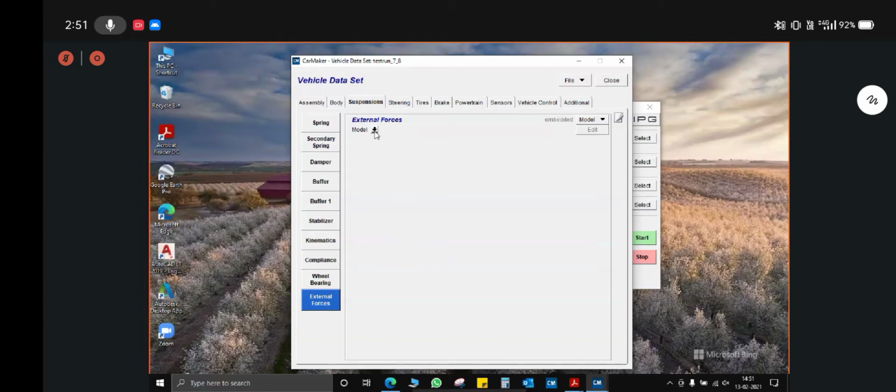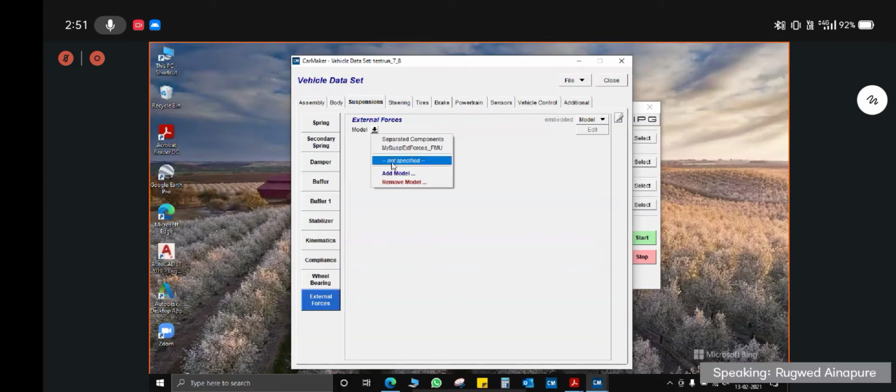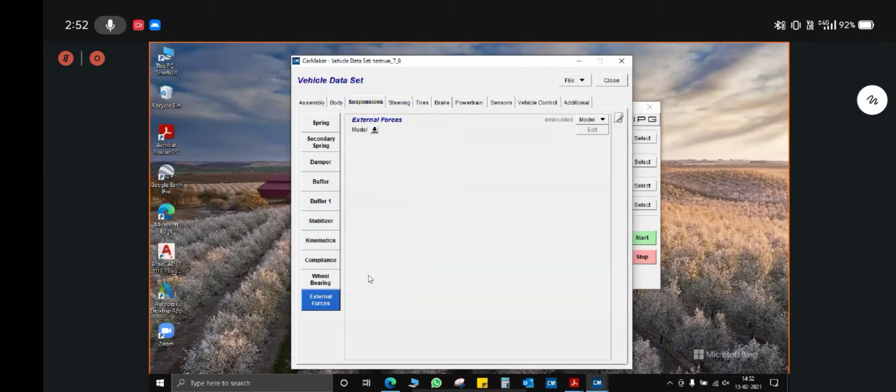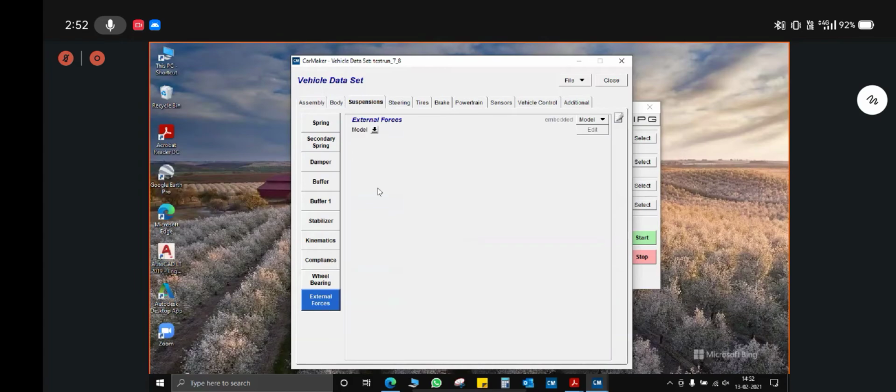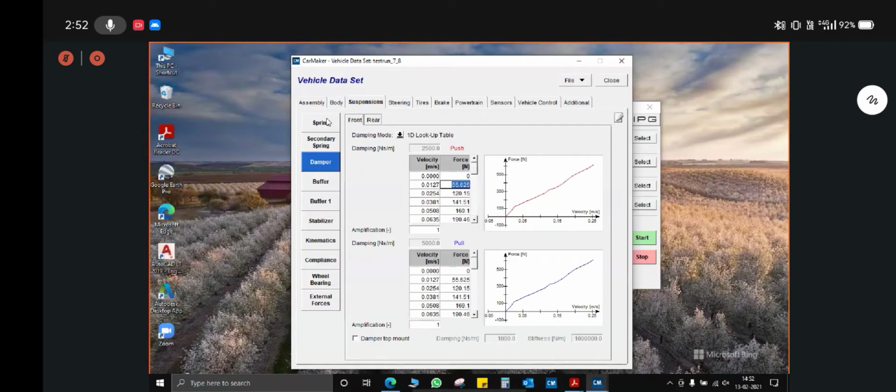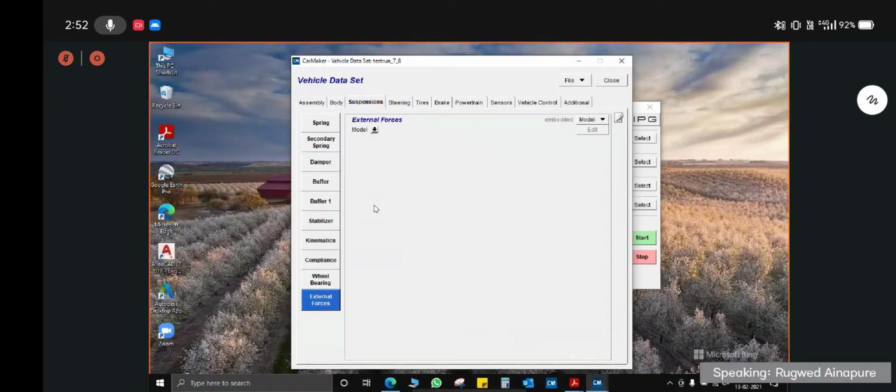But at the end, for the virtual dynamic events, you have to leave it as not specified. You can use this tab while optimizing values in CarMaker and finalizing your suspension system. But for the final virtual event, you have to select not specified only, since by using this type you will have already optimized the spring and dampers, and from that you will have the stiffness value of the spring and the damping value of your damper. Okay, so this was about the suspension tab.